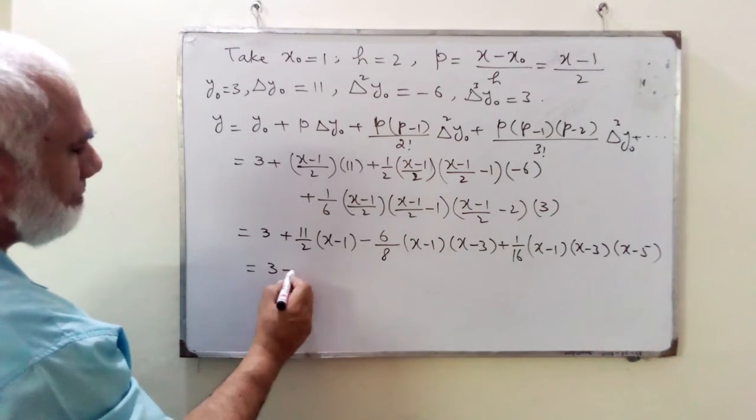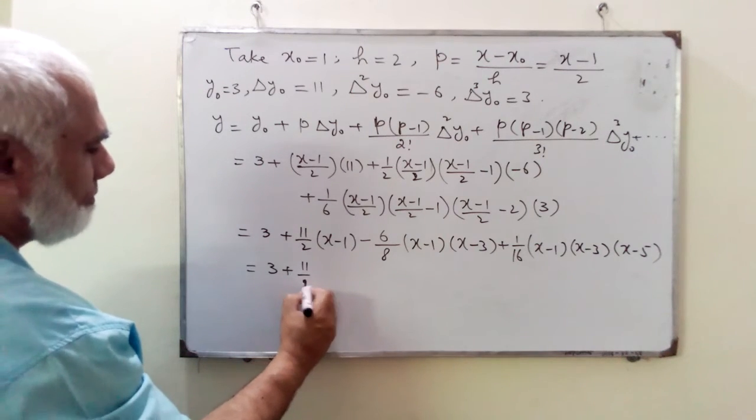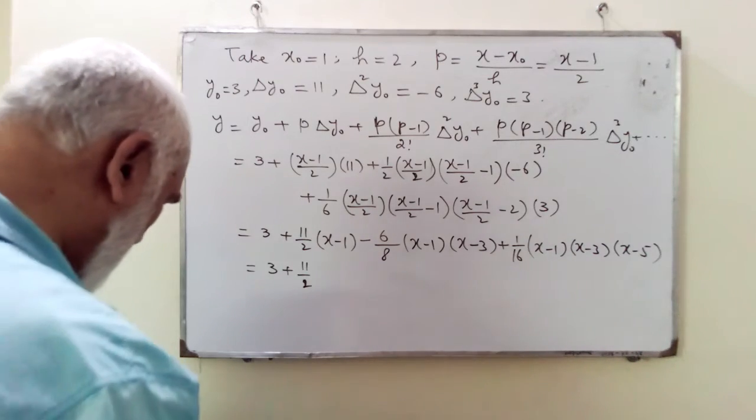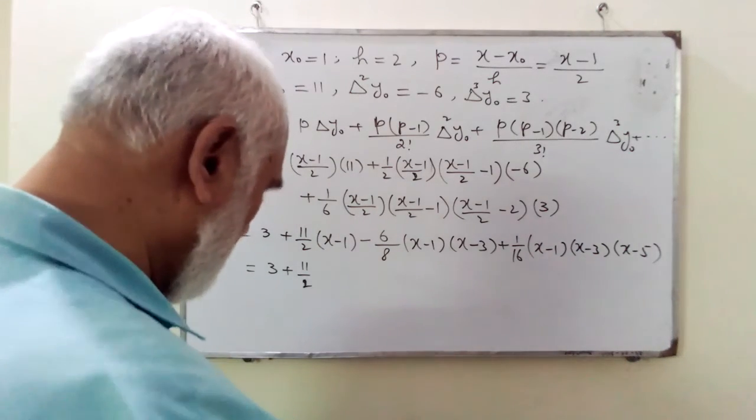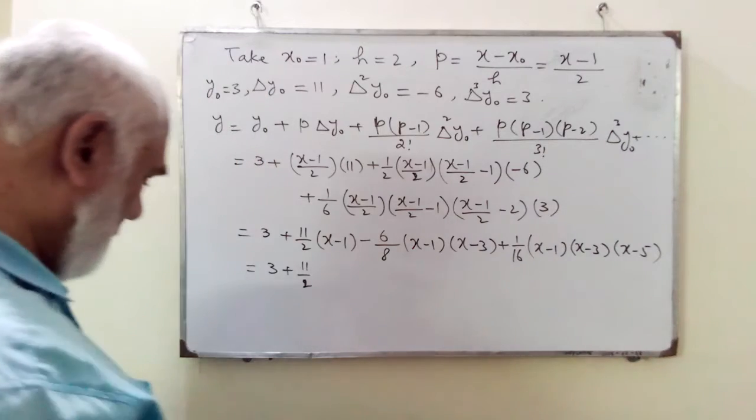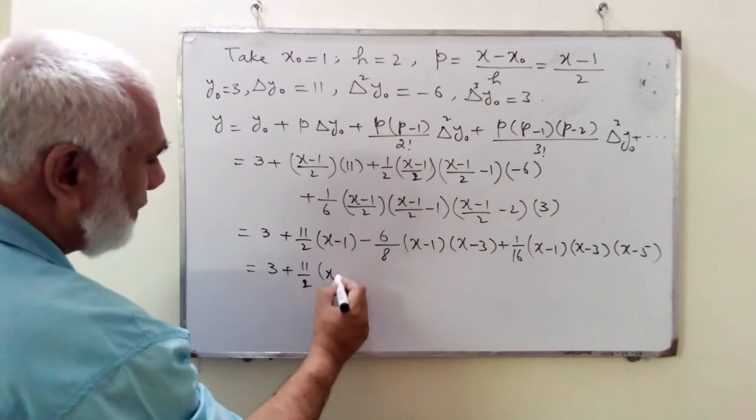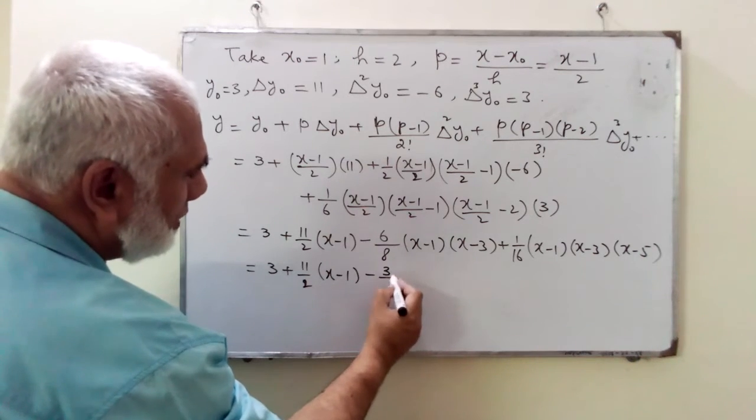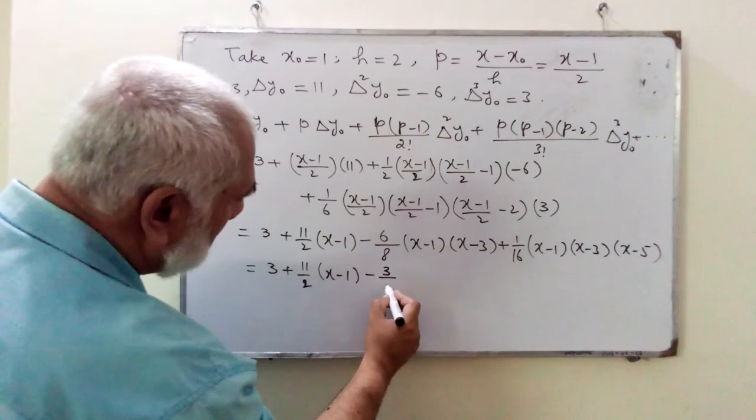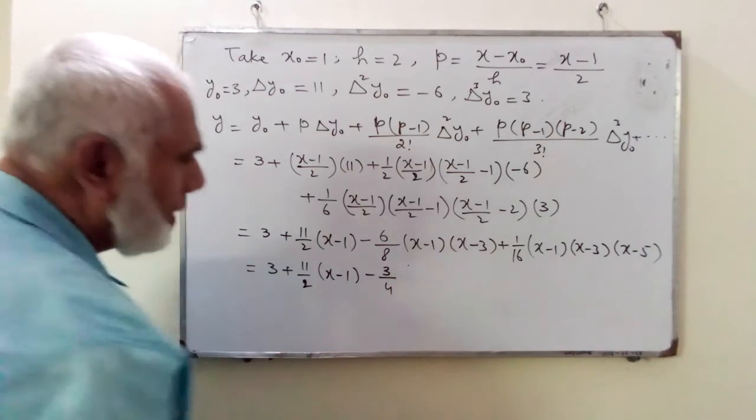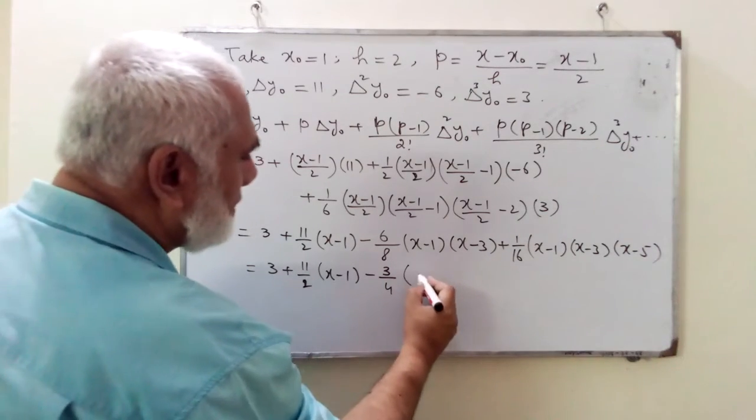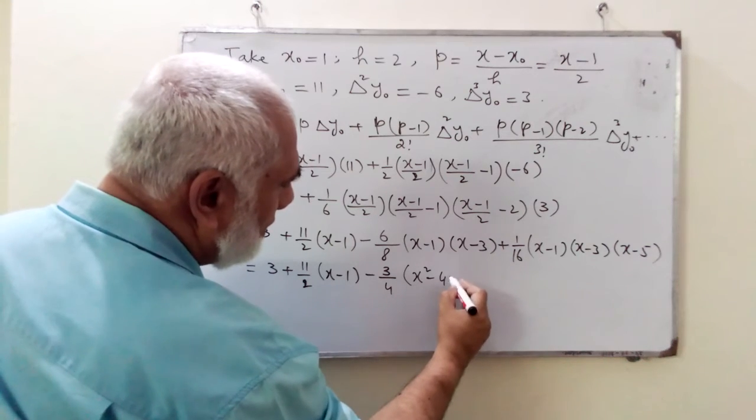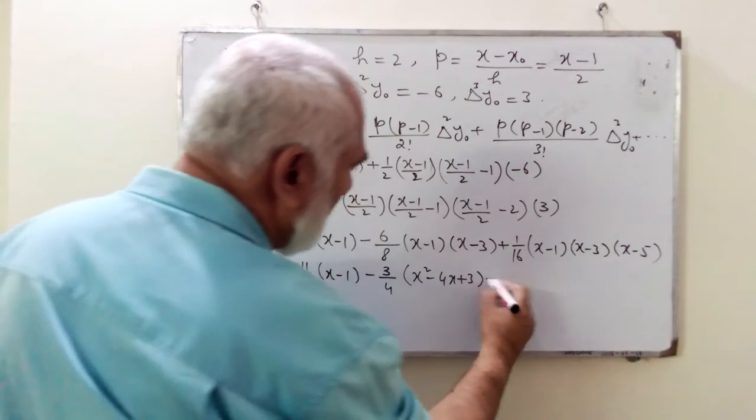Them we get 3 plus 11 by 2, and okay, this can be further simplified. X minus 1 minus, you can simplify it, 3 by 2, 3 by 4, and on multiplying them we get x square minus 3 or 1, 4x plus 3 plus 1